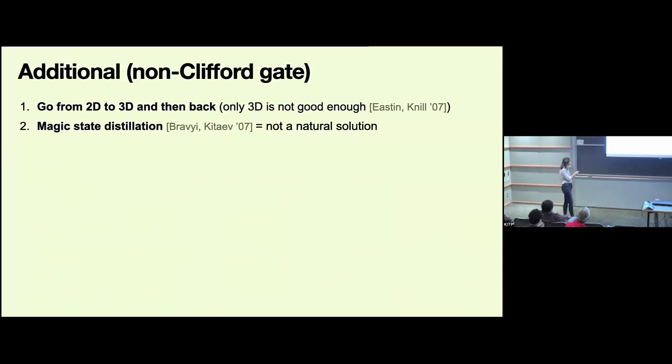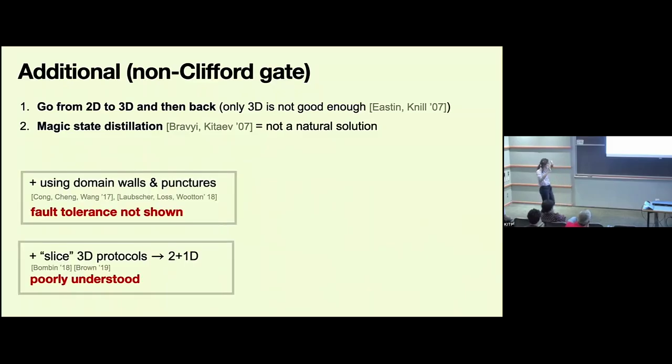Then another approach to this, which is actually more common and people practically are planning to realize it, like Google really works on that, and there are tentative experiments showing that, is magic state distillation. But again, this one has a drawback, which is that this is an approach that is not specific to topological codes. It just works for any platform, and it's sort of an engineering solution. It doesn't have a physics reason why it works. And then there are some other proposals, but they have their own drawbacks.